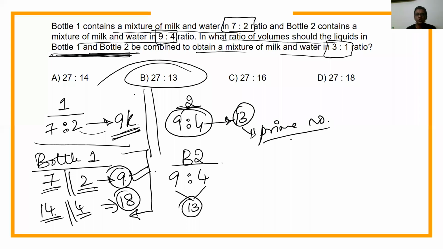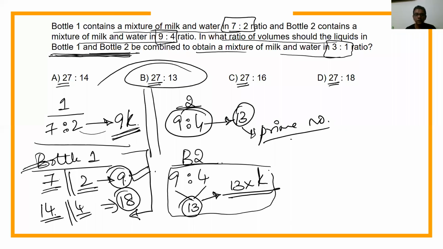Now when you're mixing bottle 2, you have to mix 13 or 13's multiple as the amount. There is no other way you can do anything else, right? 13 or 13's multiple. Similarly, when you are mixing bottle 1, 9 or 9's multiple should get added. Now, if I look at my answer options, all the first bottle values are 9's multiple. But if I look at my second bottle's value, only the second answer option is a place where the second bottle's value is a 13's multiple. Right? And thus, this becomes my answer.